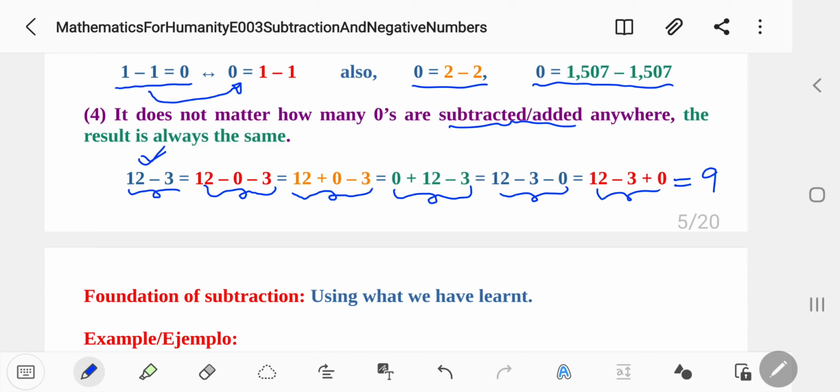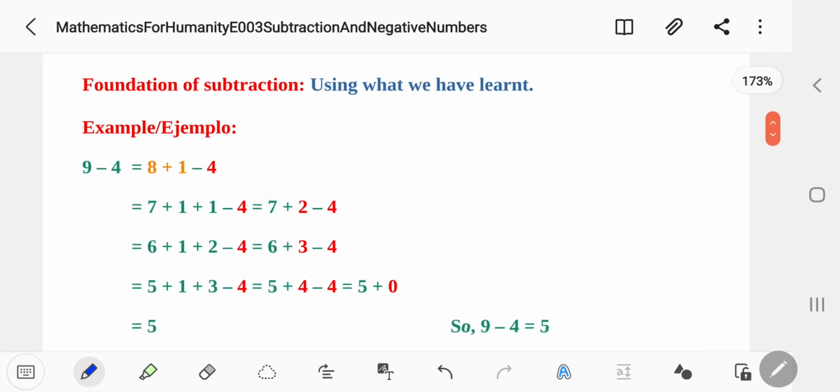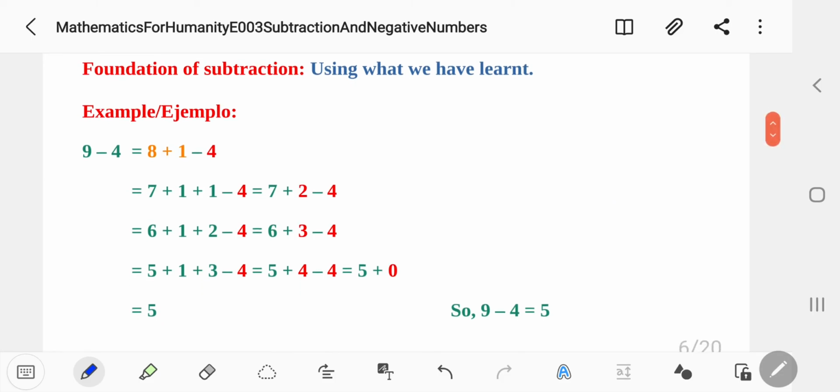Let's go to the next. We'll use what we have learned before. So here, you have 9 minus 4. What is 9 minus 4? We don't know what this is. But by using what we have learned, you can write 9 minus 4 as 8 plus 1 minus 4, using the rules of addition,